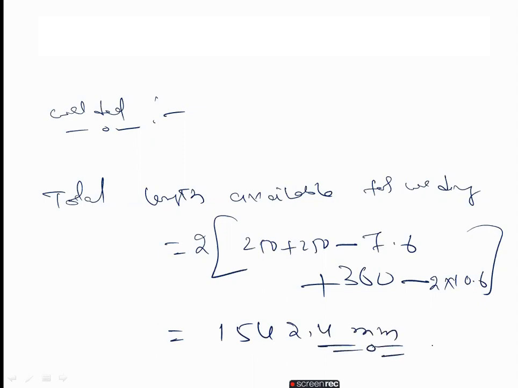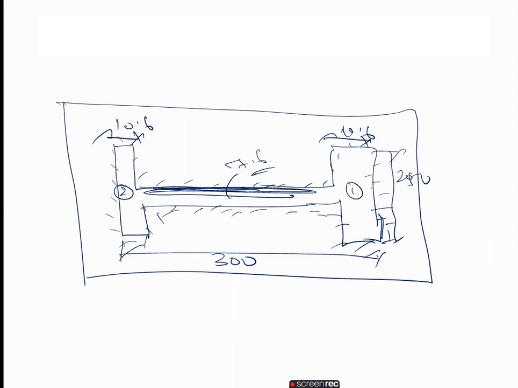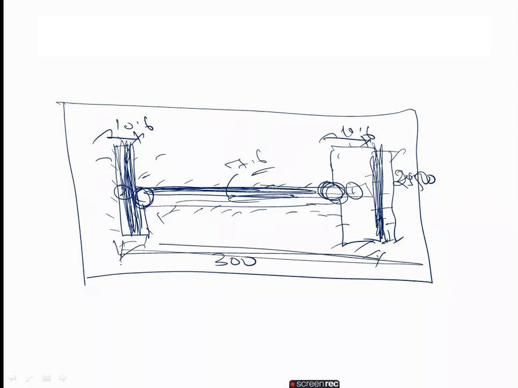So like this, you have to calculate the weld. Again, I will tell you. If you take this side, width of the side, this is 250. So length, this is the 250 and 250. Again, 2 sides. So 2 into 250 plus 250. You have to remove this one. Why? Because when you are doing welding, this portion and this portion we are not doing. That's why remove this thickness of the web, 7.6. Now again, if you take this side, the length of the side is 300 minus, you have to remove thickness of the flange. The flange is 10.6. So like this we calculated.